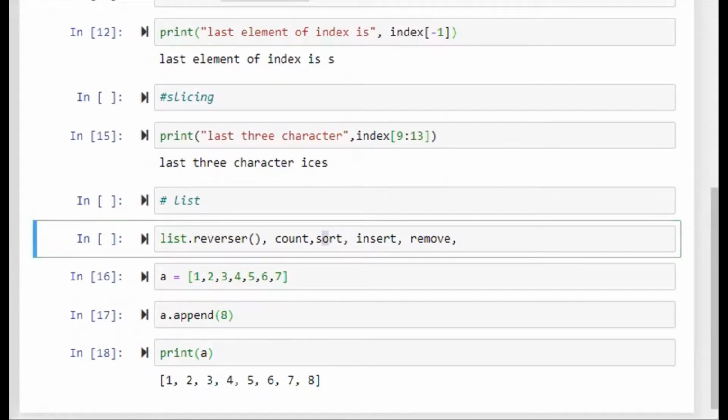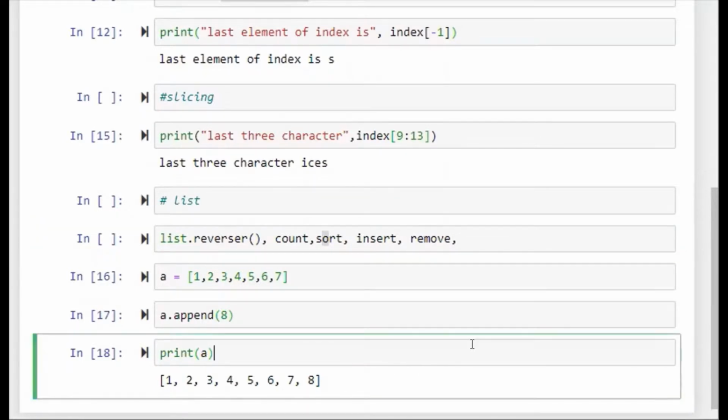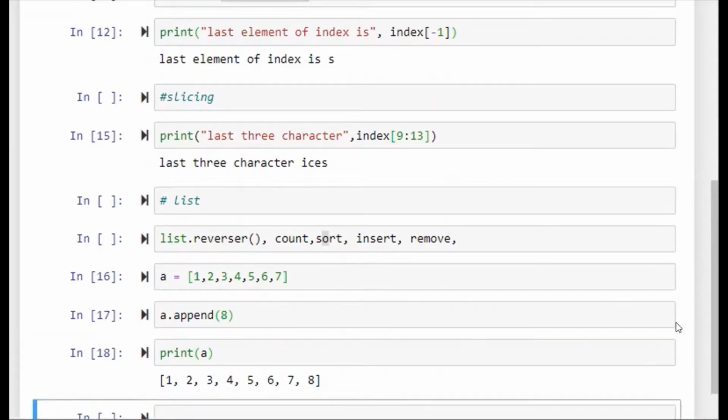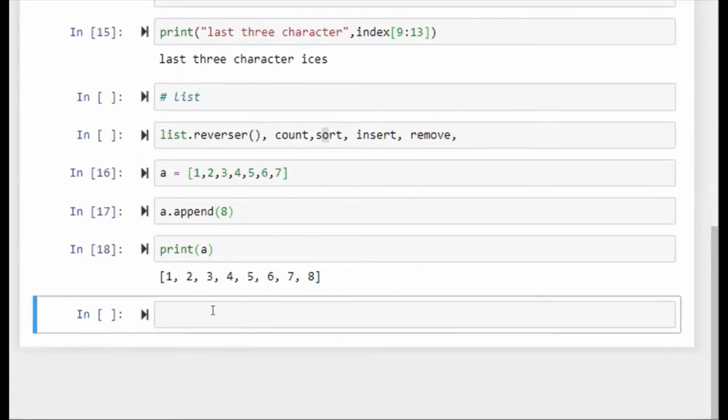Here is another data structure called tuple. This is similar to the list with two major differences. Firstly, a list is enclosed in big brackets, but a tuple is enclosed in small brackets.